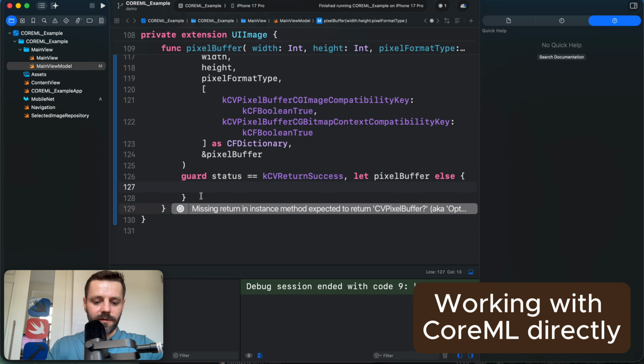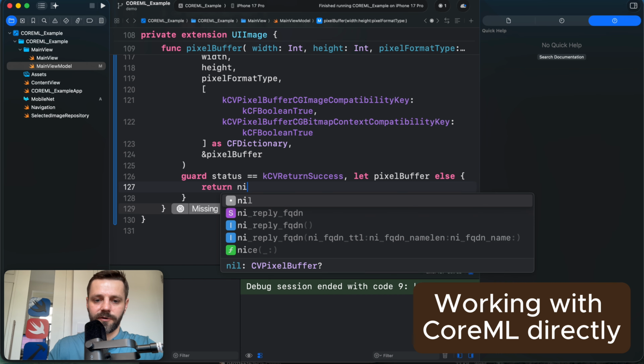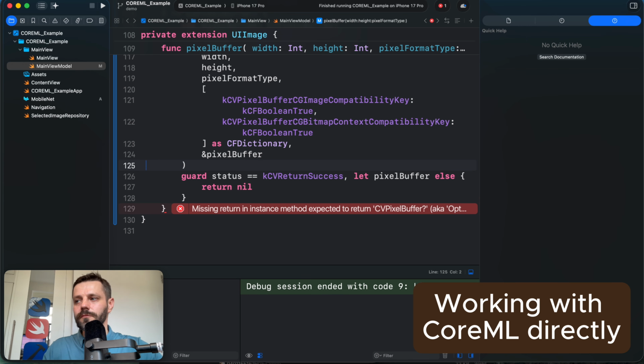Otherwise we are going to return nil from this method. All right, so we created the pixel buffer and allocated the memory, and now let's actually